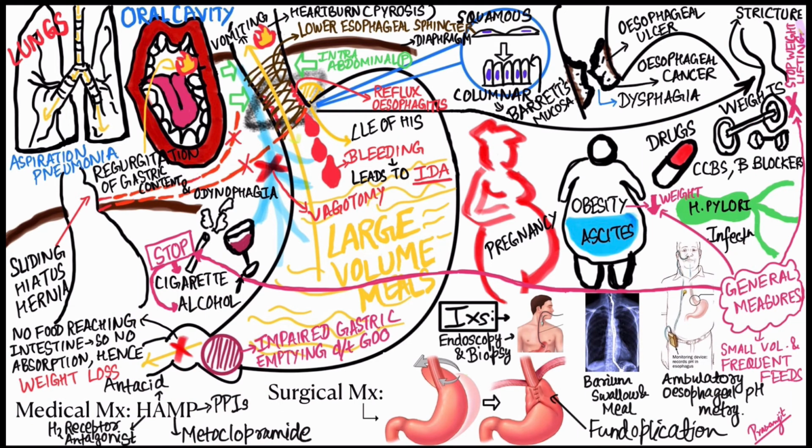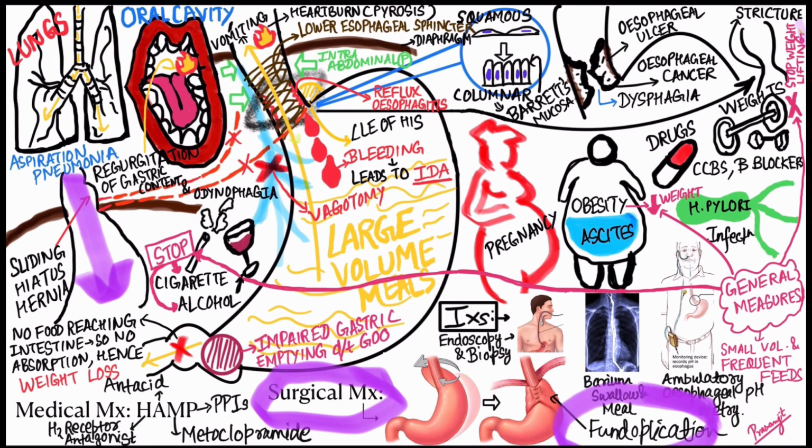Now coming to the final modality of treatment, that is surgical management. In surgical management, we have to bring the lower esophageal sphincter back into the abdomen, which has gone into the thorax, and we have to also do a procedure called fundoplication. As you can see, in fundoplication, we wrap the fundus of the stomach around the esophagus, and then suture and keep that in place. So now the esophagus passes through a tunnel made up of stomach, and this helps in preventing gastroesophageal reflux disease to a great extent.